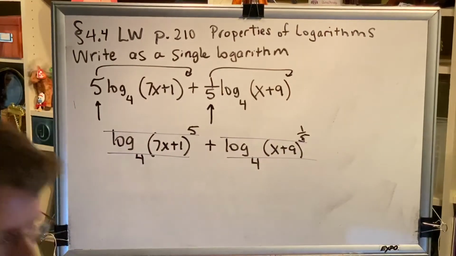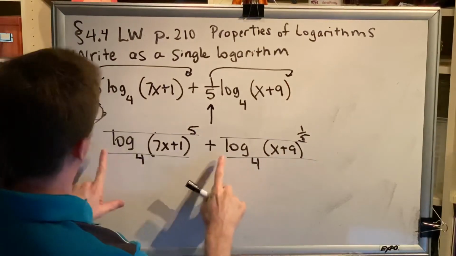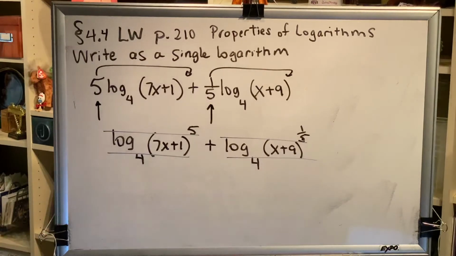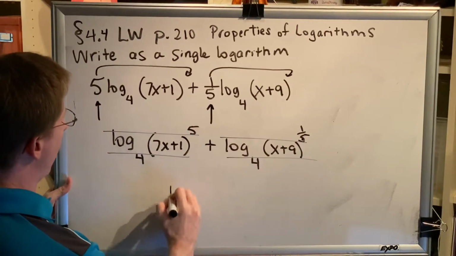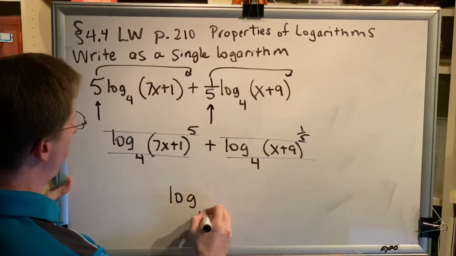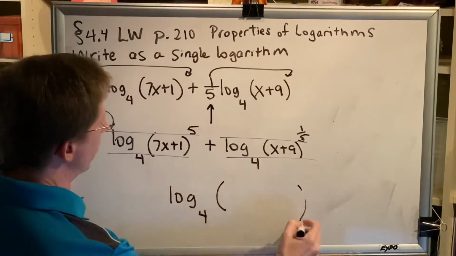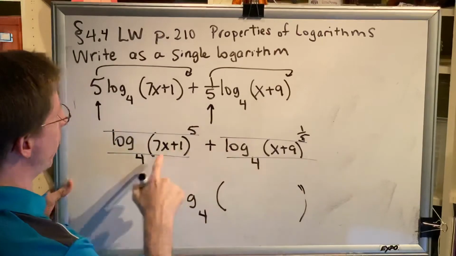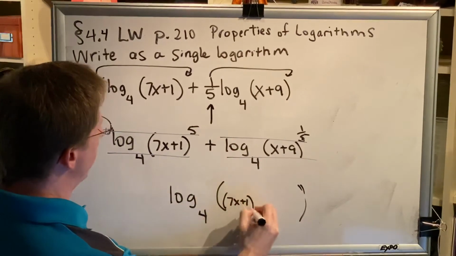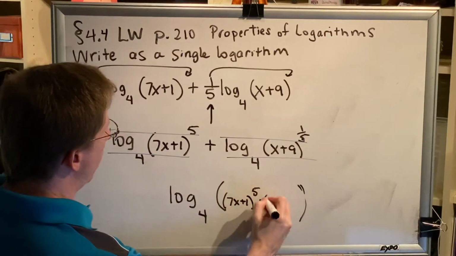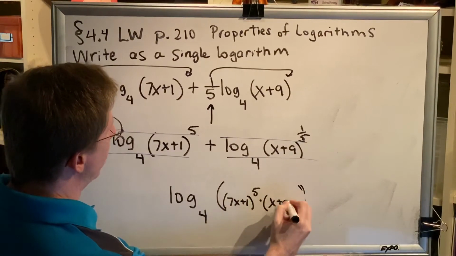Okay, so now we have two logs with the same base and no numbers in front. So by the product property for logarithms, we can combine these together. And so this is going to be log base 4 of, and because the two logs are being added, we multiply the two arguments. So we get 7x plus 1 to the 5th power times x plus 9 to the